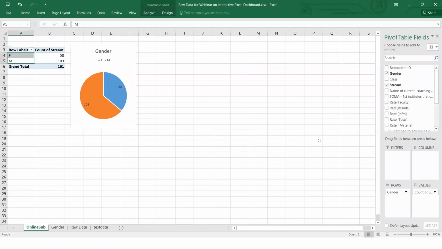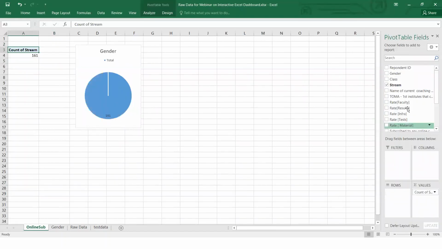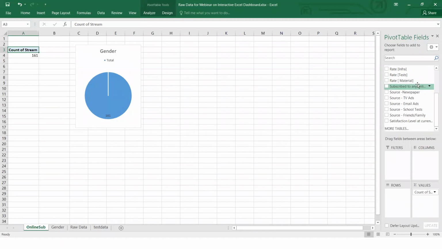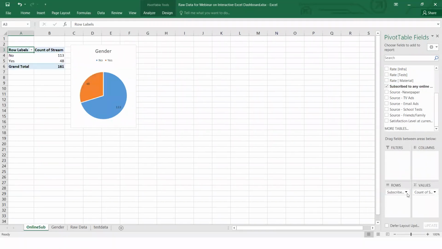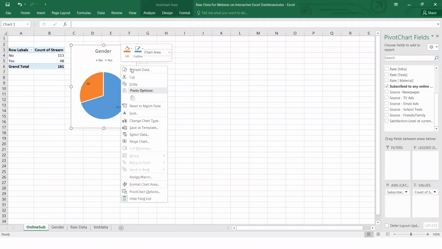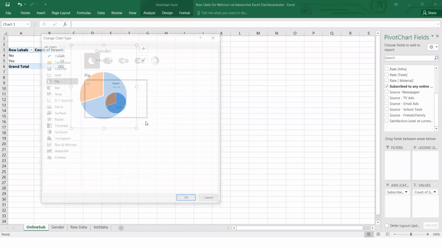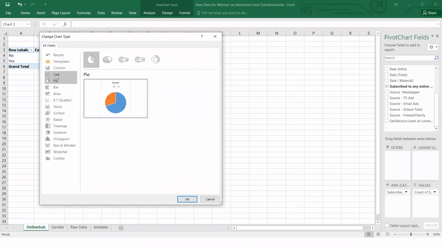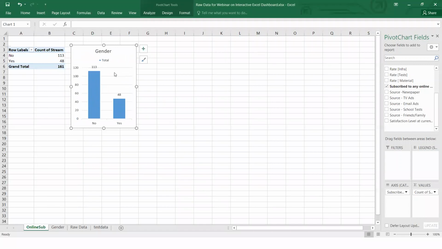In the rows we will drag this particular field, subscribe to any online channel. As you can see, the pie already gets updated, but we don't require a pie chart, so we will right click and press change chart type. We will change this chart to a column chart. You can delete this total, we don't require this. We can change the title to online subscribe.